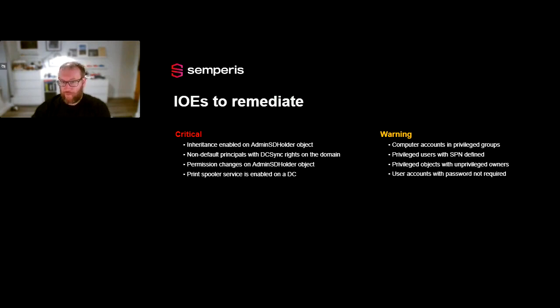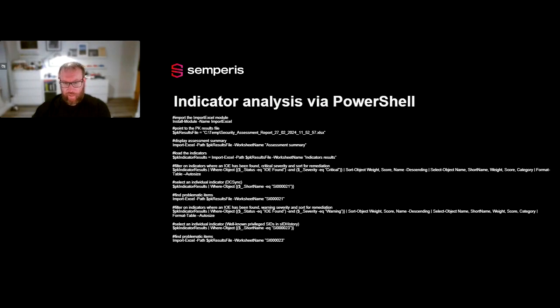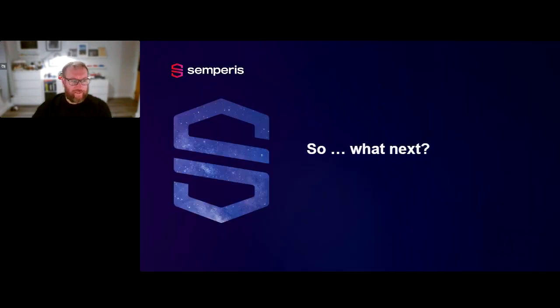So yeah, these are the IOEs that we remediated. We actually remediated a bunch more of these because time allowed. We did some indicator analysis with PowerShell, which for me is quite interesting because I don't really like using Excel, but doing it with PowerShell is a lot easier. So what next? So what do we do next? Well,